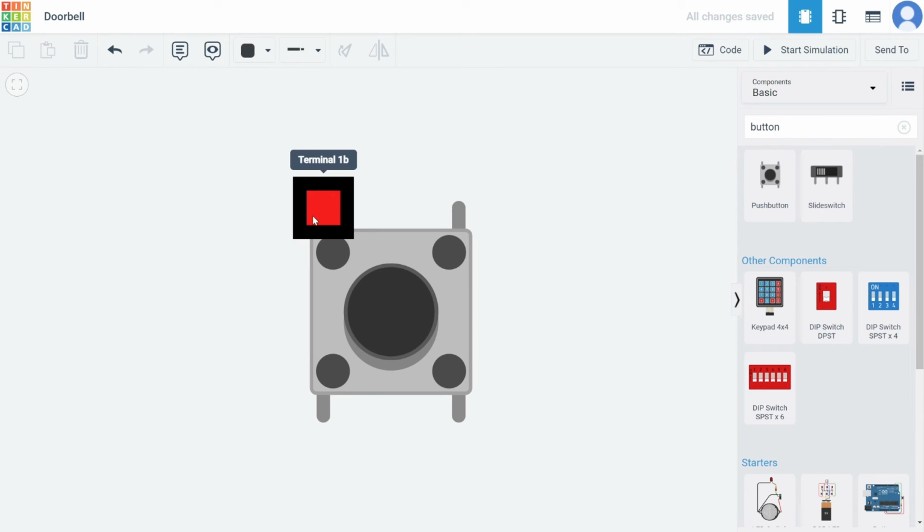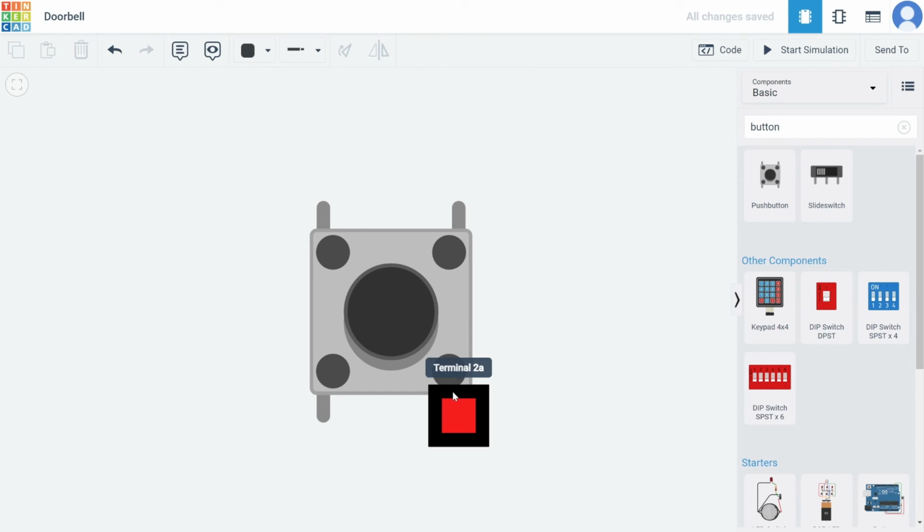So basically what happens is these two pins are actually connected to each other with a metal strip. So whether you connect to this pin or this pin makes no difference. This side will be one side, and then the wire goes through the middle here, and there's a break in the circuit which is turned into a complete circuit when you push the button, and then this will be the other side that goes